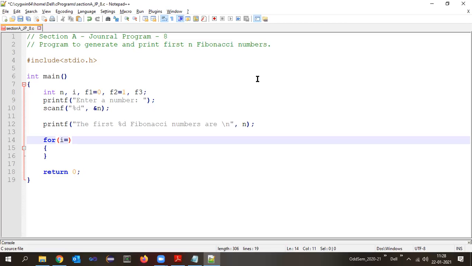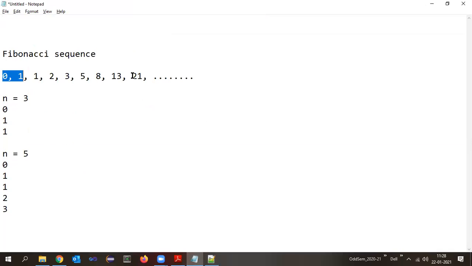So the counter variable I have to assign with what value? I have to generate the sequence here. See, this is the Fibonacci sequence, right? I have to generate the numbers from that. Among the entire sequence, what are the numbers I already know? How many are there? The next one is which number? 1. But is it the third number? Yes or no? The next number which I generate, is it the third number? So what is my initial value for the counter?